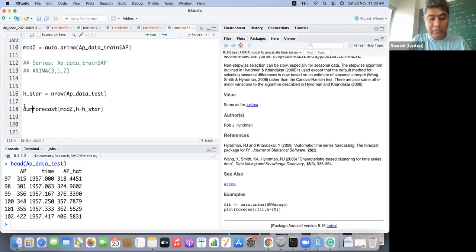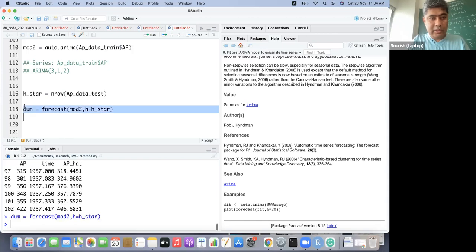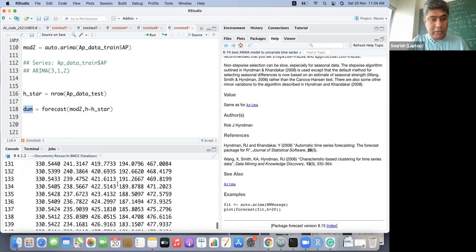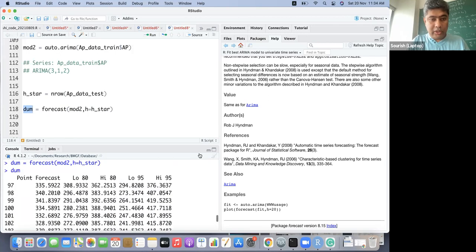It will be a little difficult, I think. Let us see. Forecast generally gives a lot of information. Yeah, done. You see, it actually gives a lot of things.